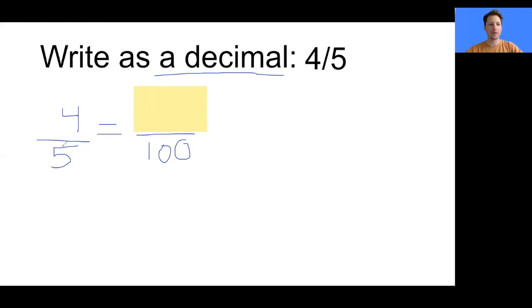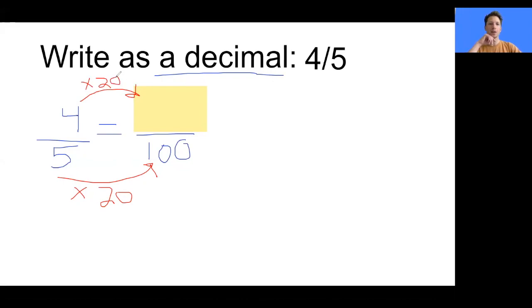So I have 4 over 5, and I'm just looking at the denominators right now. How might I use multiplication to go from 5 to 100? I know that 5 times 20 is 100. And so whatever we do to the bottom, we also have to do to the top. And 4 times 20